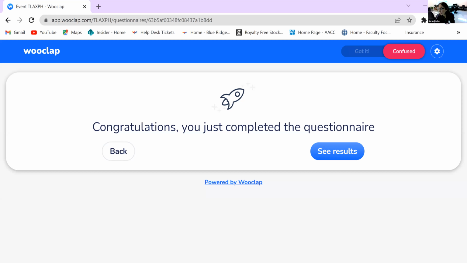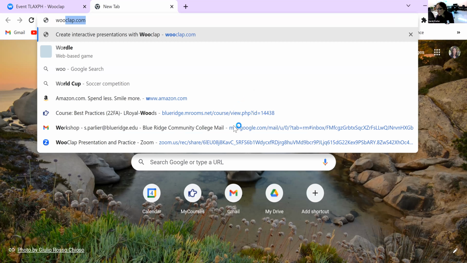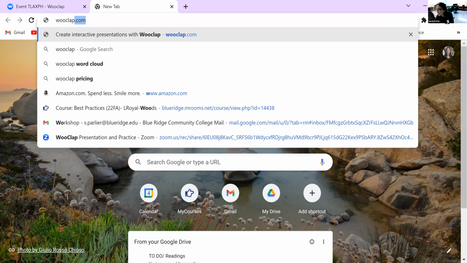I'm just sharing my screen real quick to show you how easy it is to get in. So when you go to WooClap, you're going to log in. Normally I've gone in through the LMS directly. Hopefully you're still with me here. But you can log in through Google. Our institution did not